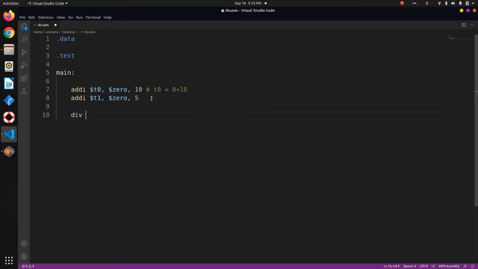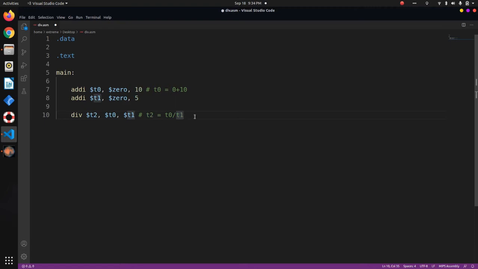Now let's divide them. So div takes three arguments. First for the output, and the other two are the ones on which the division is performed. So t0 and t1. This means that t2 is equal to t0 divided by t1, and t2 will only contain the quotient and not the remainder.